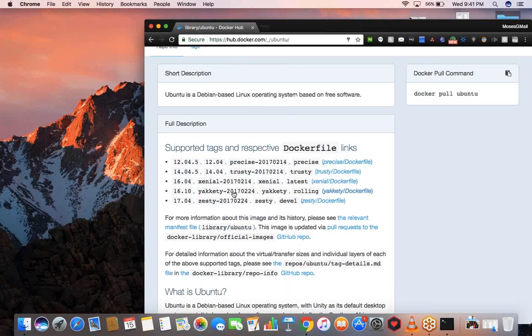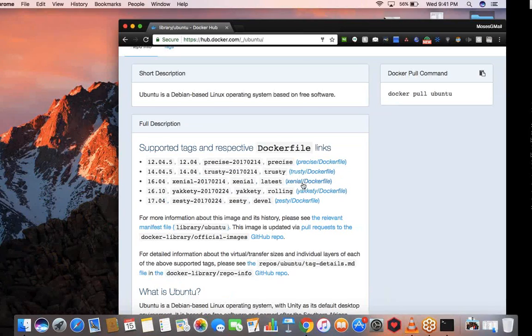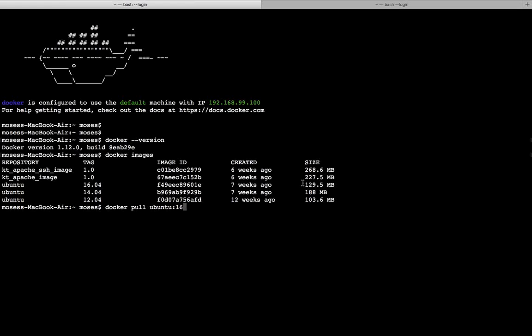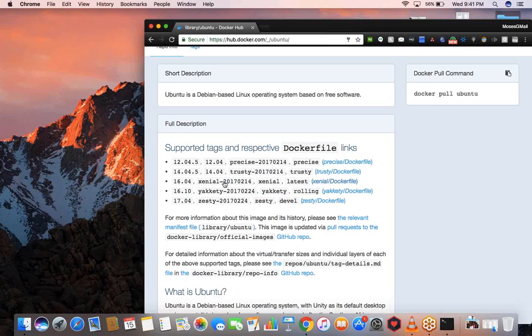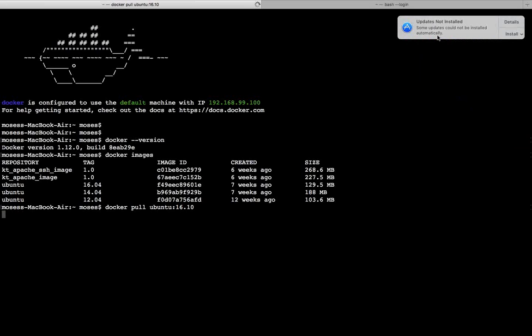By default, if you don't specify a version, Docker will pull the one which is tagged as latest. For example, if you see over here, it says 16.04, this, Xenial, latest. Okay, understand. So if I don't specify 16.10 in the version, it will pick up the package which has the latest tag. These are the alternative tags that you can get. So by default, it will pick up 16.04. So now if I go ahead and say 16.04, now Docker will